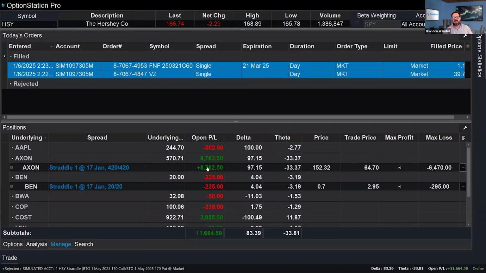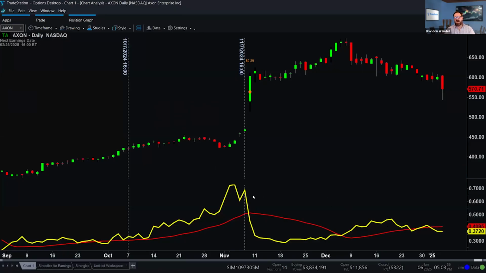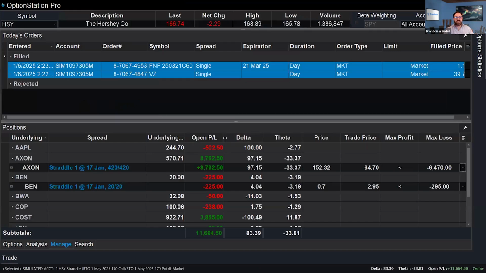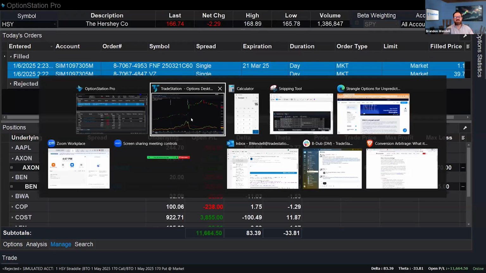8,700 profit currently, but this would have been up a whole lot more if I had exited back here when the prices moved up, because the price is pretty much right where it was after the earnings announcement, and I would have had more volatility gained. So basically, in order to place that position, again, I just look for an opportunity. And we'll come back and reevaluate this again in our next session, take a step back and look at it and compare the two again, answer any questions you may have.